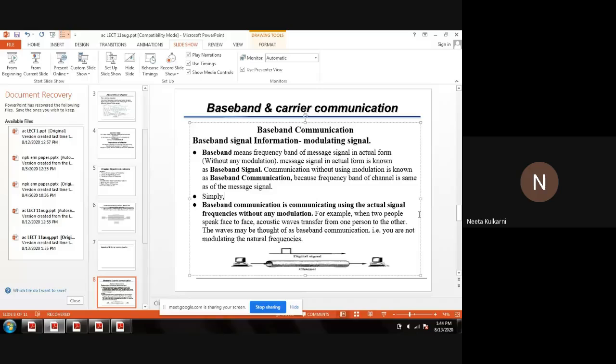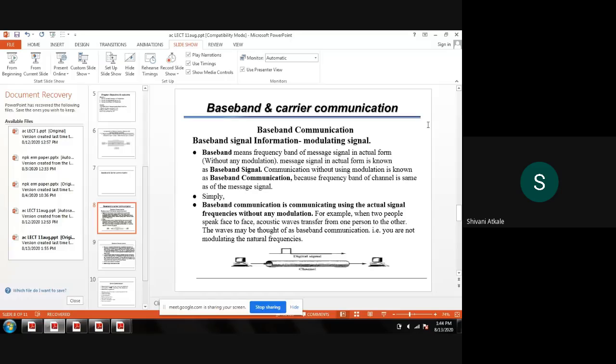Okay, so what can be the drawbacks of baseband communication that we have seen? The first drawback is that it cannot be transmitted over a long distance, because its strength will go on reducing as the transmission distance increases. That is the main